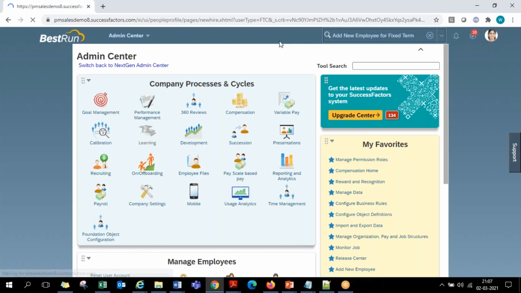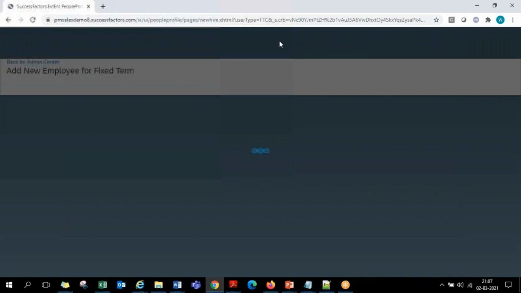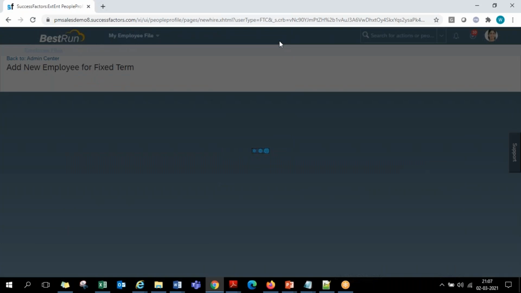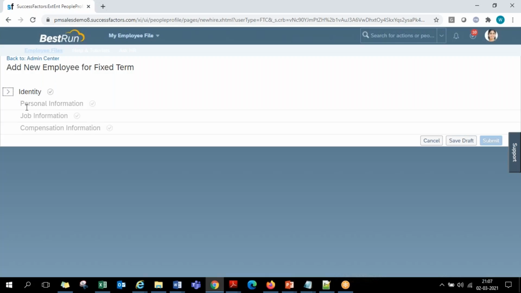So when we go for this add new employee in SuccessFactors Employee Central, this is a place where each and every minute detail of employee information at the stage of hiring, whatever the employee gives us, can be recorded in the system. The entire information we load here will be divided into 4 categories, guys: identity, personal information, job information, and compensation information.